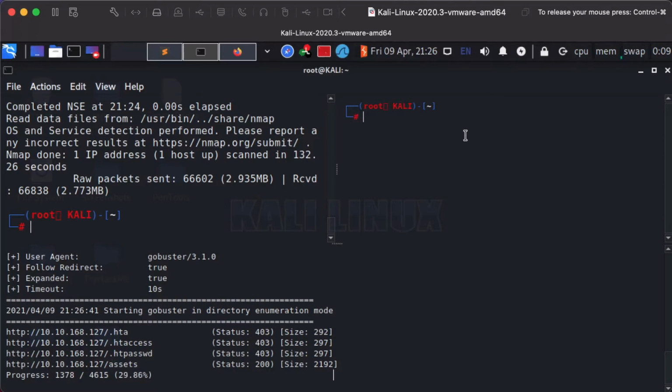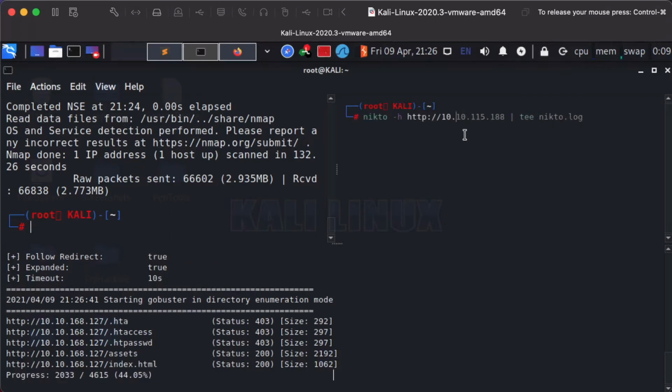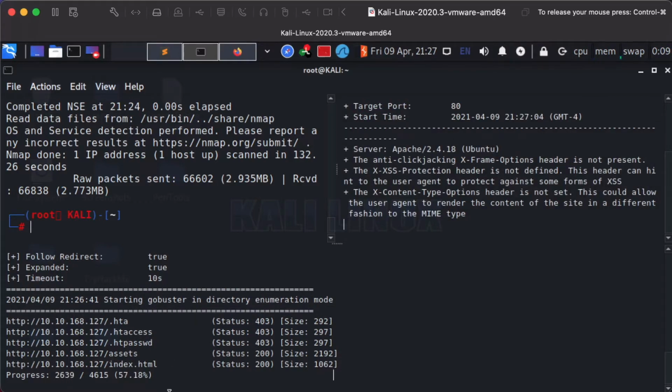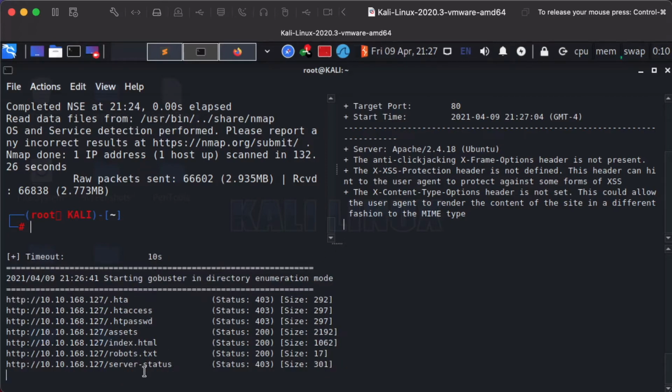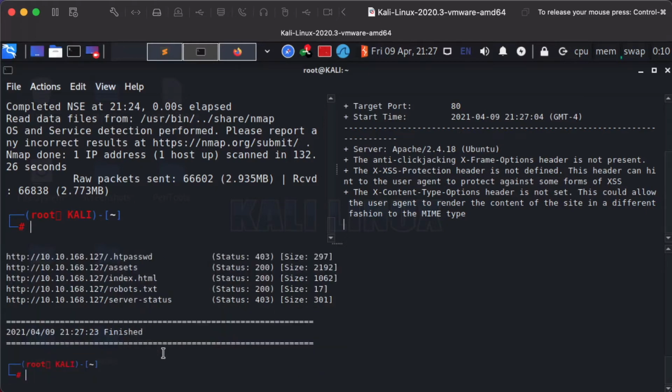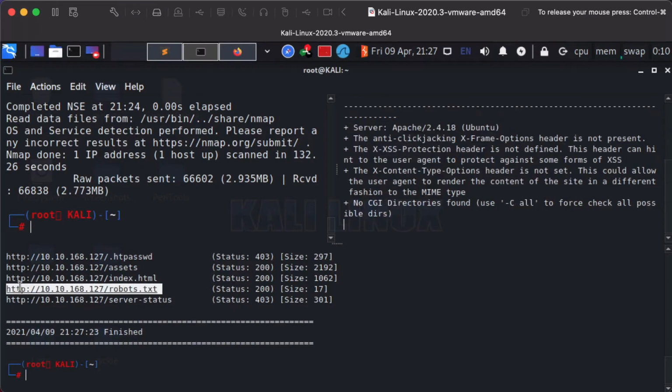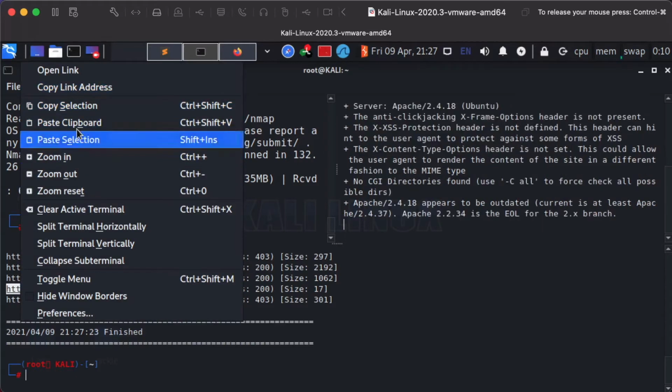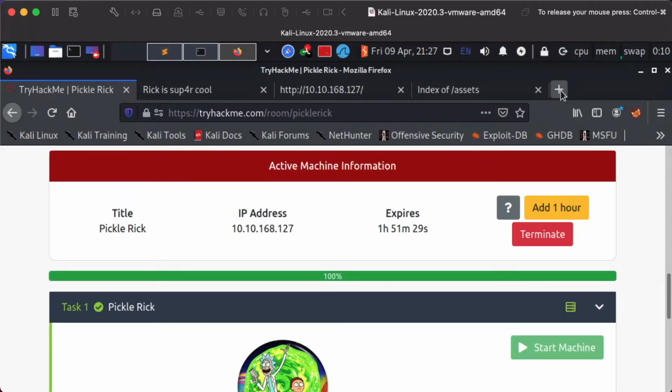While this is going on, I probably want to go ahead and Nikto this page too. So I'm going to pop this off with this page here and see if anything pops up with Nikto also. Okay, so we actually have an index page too that's available. So we might want to take a look at that page. Let's take a look at what else we got here. Oh, we have a robots.txt. Usually that's a text page that gets published, which causes the Google web crawler to ignore some pages. So let's go ahead and take a look at that page